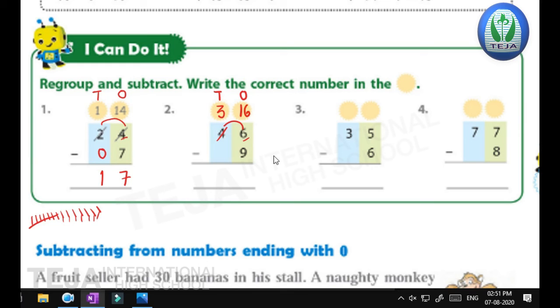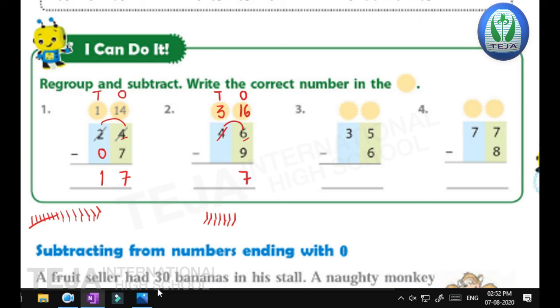Now subtract 16 minus 9. From 16 you take away 9. So you can draw the lines and strike it off, or else you can count after 9 up to 16. We'll draw the lines and we'll count after 9: 10, 11, 12, 13, 14, 15, 16. So how many lines are there? 1, 2, 3, 4, 5, 6, 7. So 16 minus 9 equal to how much? 7.